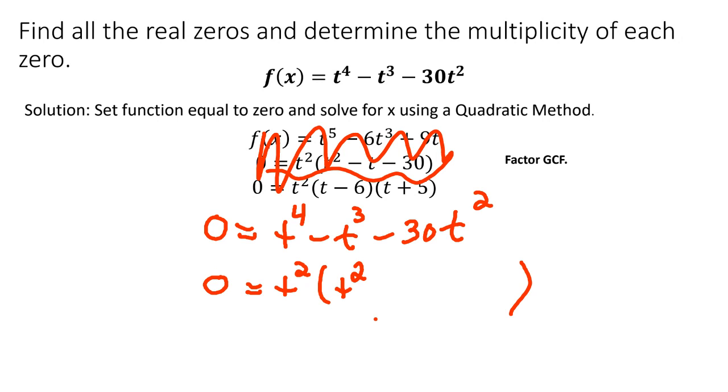And then, so a negative t here. And if I take the t squared out from the negative 30 t squared, I'm left with a negative 30. Okay. So if you notice, in the parentheses, I have something that's quadratic, so we can try to factor that out. So we're going to have